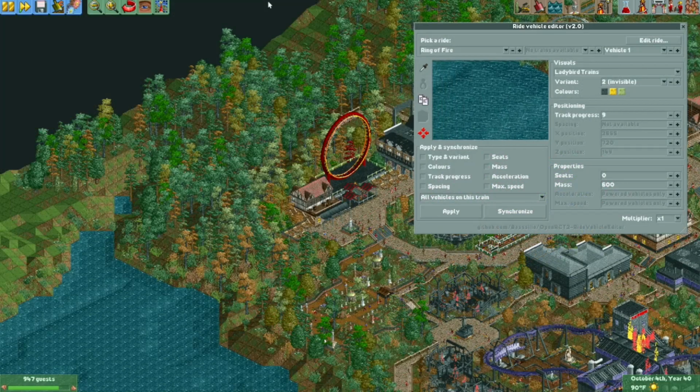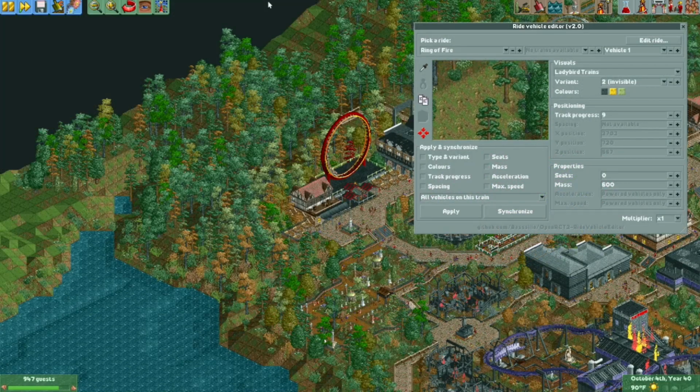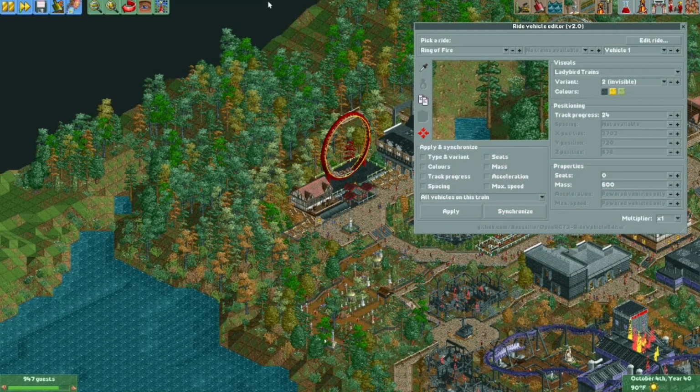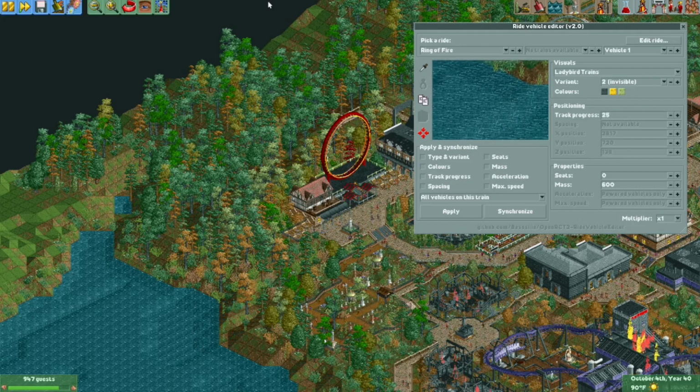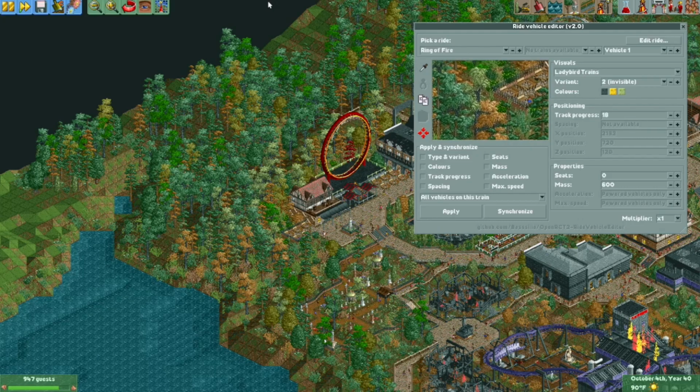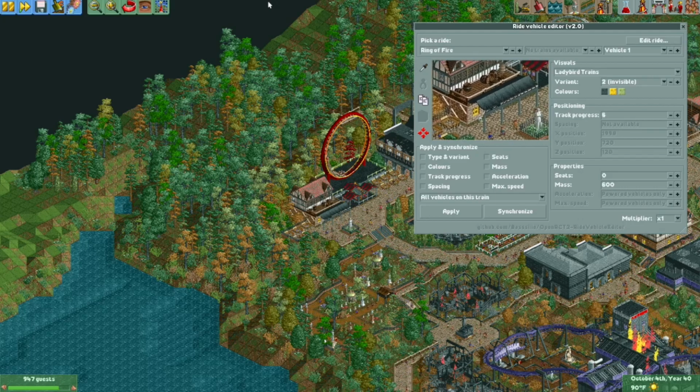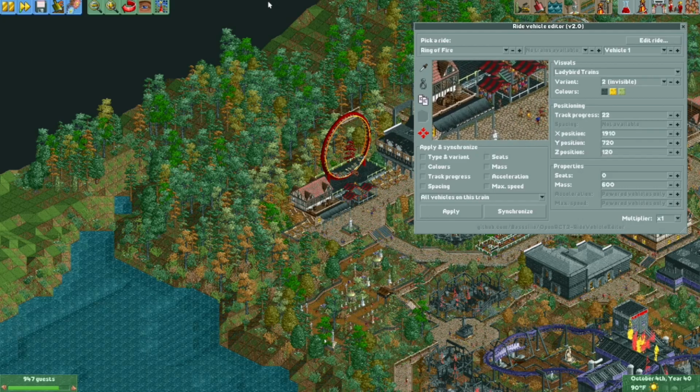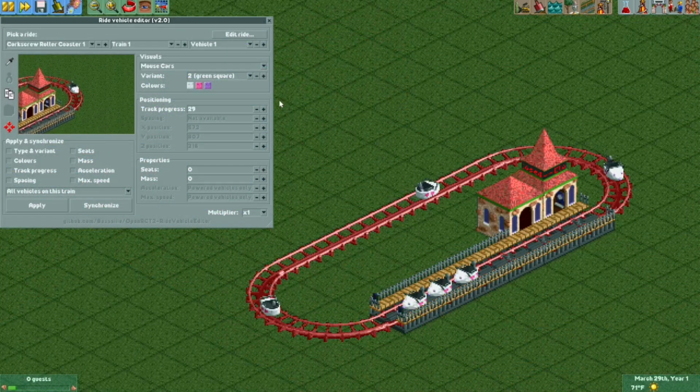For example, when making certain shoestringing hacks like this Larson Looper, you might need a car to be above ground but don't want the player to see it. Here, I've used an invisible Ladybird train, so that when the control vehicle goes above ground, it's still not visible to the player. Additionally, there's also the option on some trains to have a green square variant.